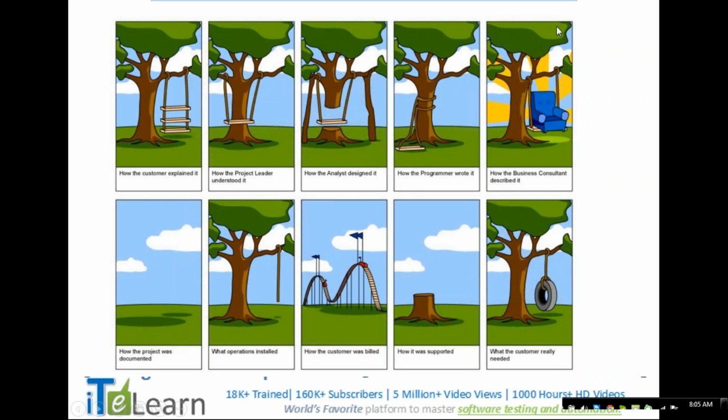So if you see on the screen, I just wanted to showcase how the roles and responsibilities work in the software industry. Typically we have a client who has a set of requirements, and there will be a project leader, a person who will handle the entire project, and an analyst who will understand the entire requirement.